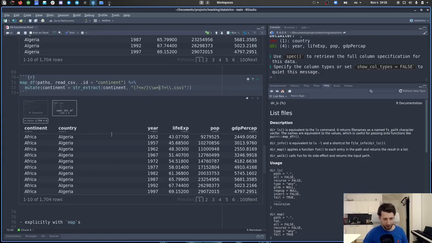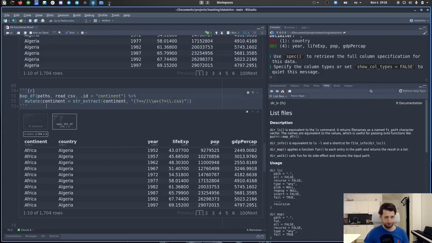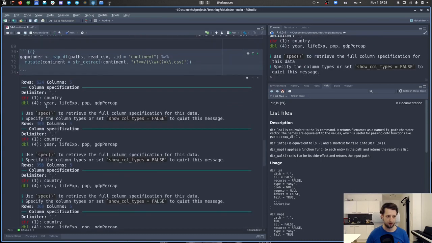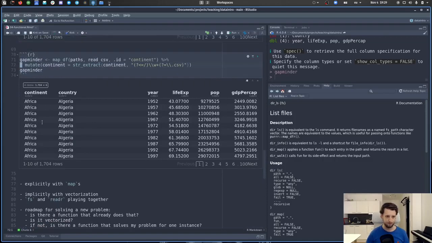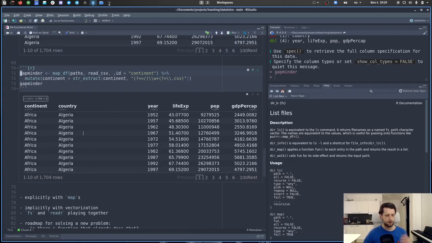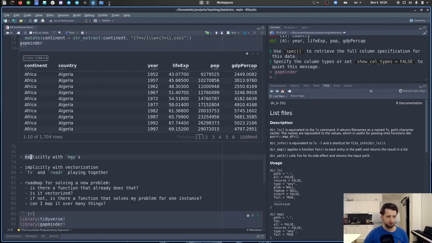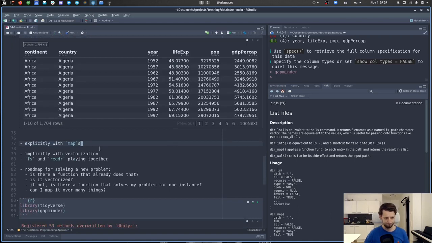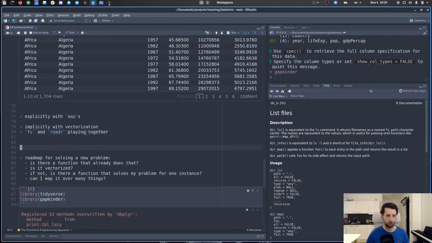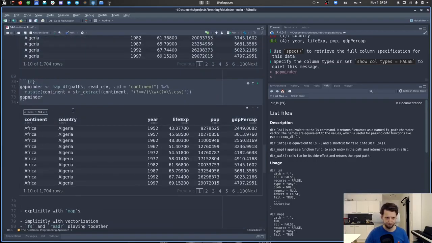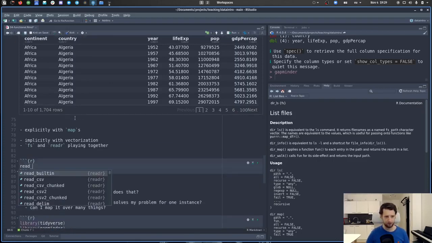And now we are back to the normal Gapminder dataset, actually. So let's call it gapminder at this point. Now this was an example of explicitly using a map. However, the readr package is already what we call vectorized. So the function read_csv,